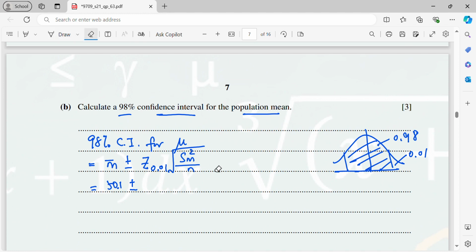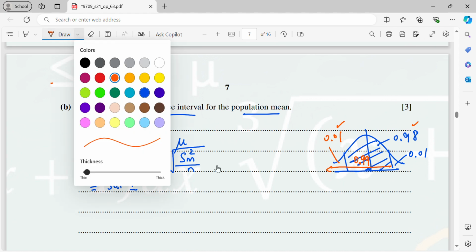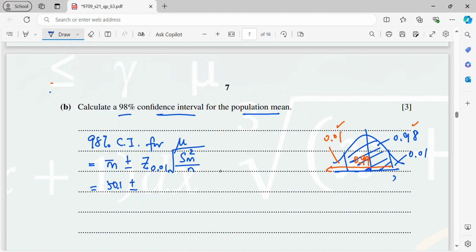So then you refer to the normal table. And total here, because for the normal table we are interested to know the total region. So for information, this is 0.01. So when you add up these two regions, that is 0.99. Okay, so when 0.99 means that the value is going to be 2.326. So the other one is negative 2.326 and the middle is 0. So from here I will just write 2.326,